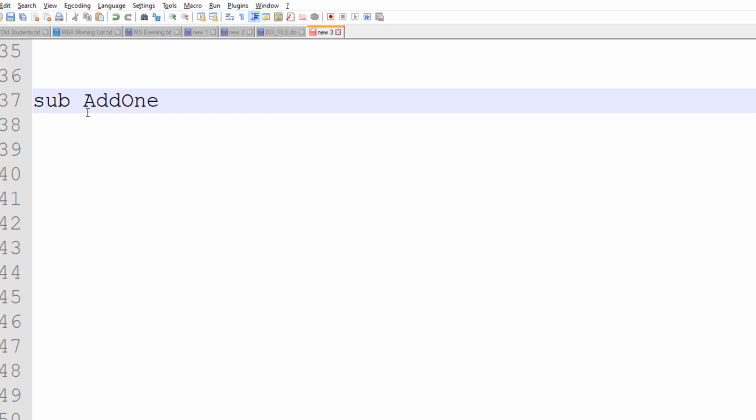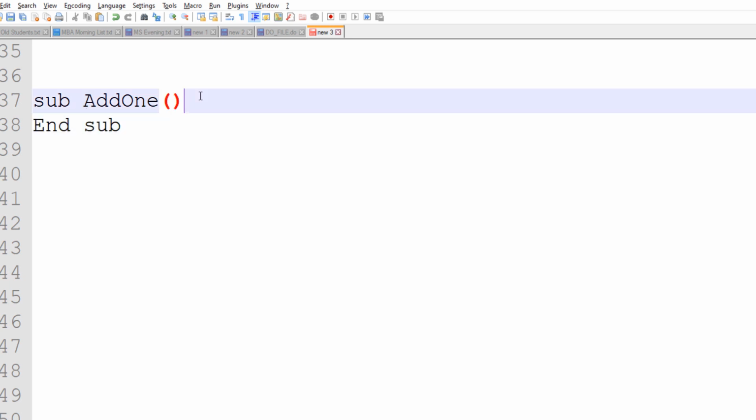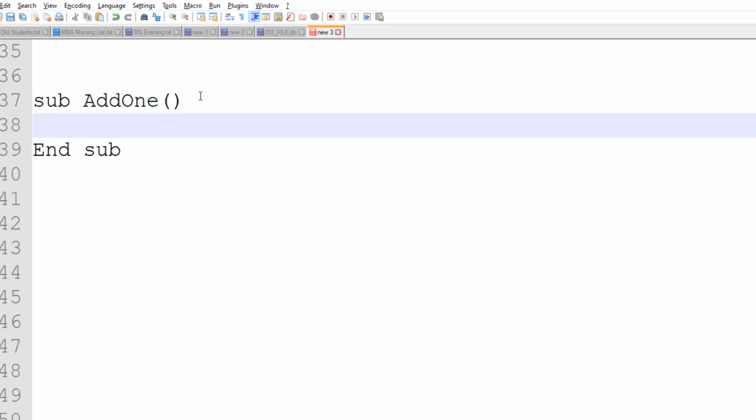Sub, the name of the macro, add1, bracket open, bracket close, enter, and sub. This is the code to start and end a macro. In between we type the code.